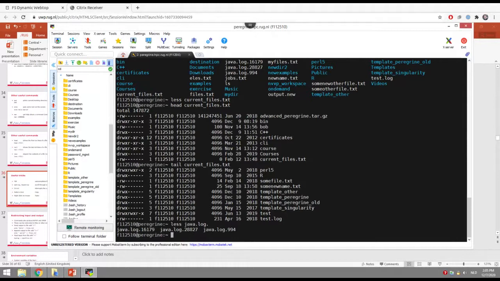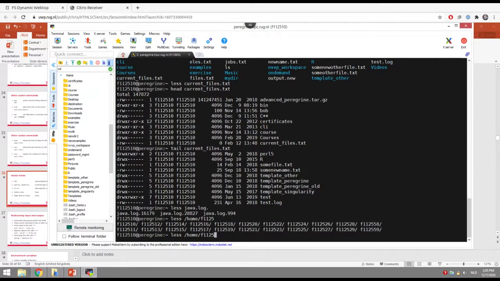That also works for directory names, for instance. So if I want to use it on my directory name, that also works, except that there might be lots of accounts with similar names. So if I now use it, I get lots of these F numbers which have a very similar account name. So then it's not really useful, but